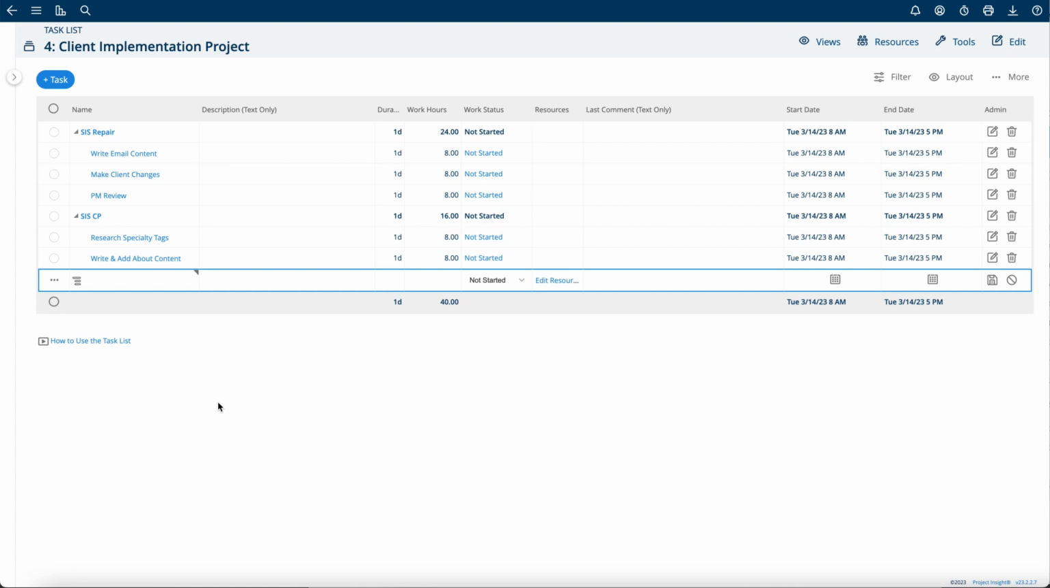The purpose of this video is to provide some tips for the description and comment columns on a project task list. As you can see, I have the description text-only column and the last comment text-only column visible. If I want to enter in a description and a last comment on the inline edit, what I can do